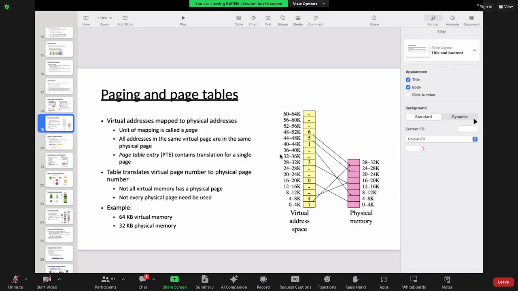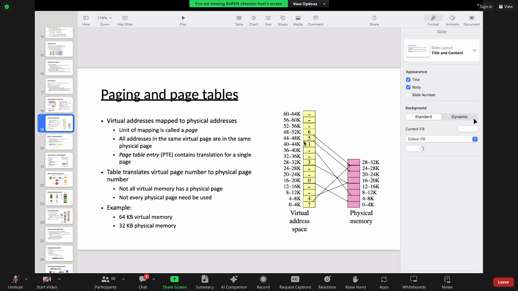Okay. If you see here, let's say the page table entry of this block, the valid bit will be 0 because it does not have any corresponding entry in the physical memory. Whereas for this one, since it has a corresponding entry in the physical frame, the valid bit will be set.